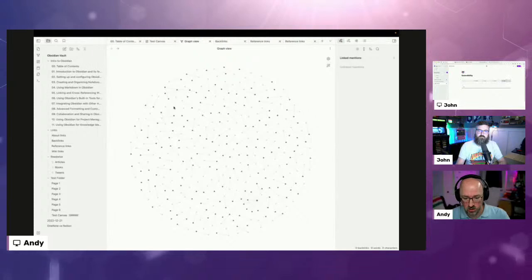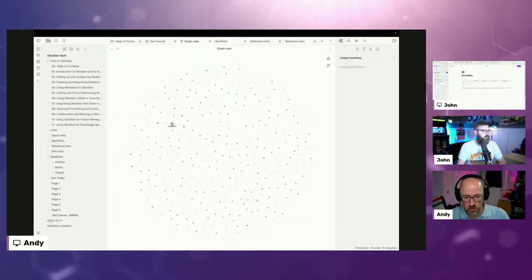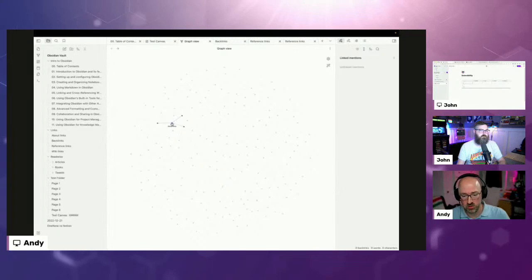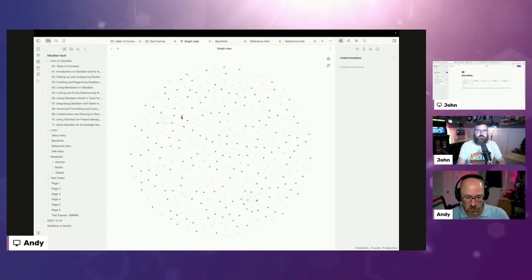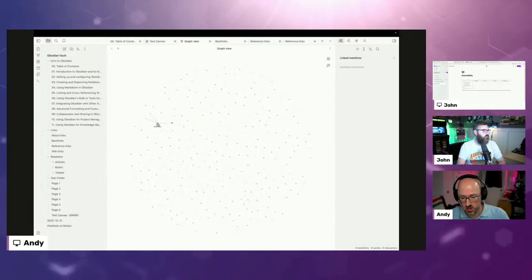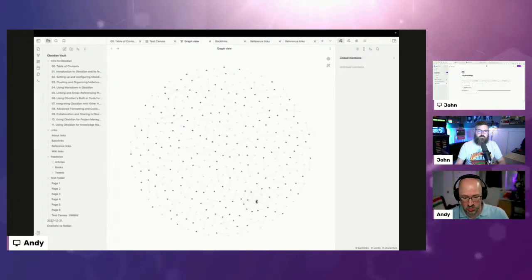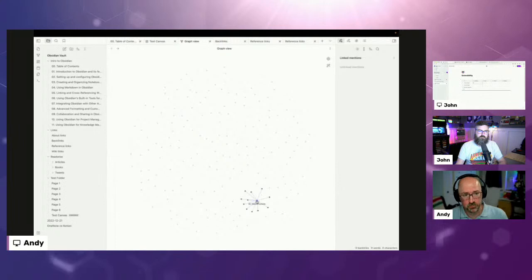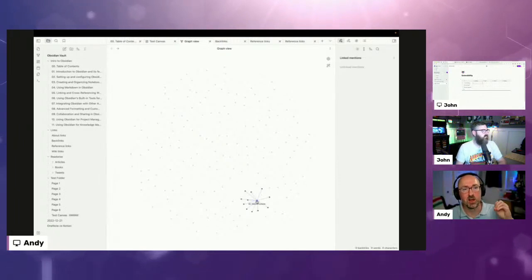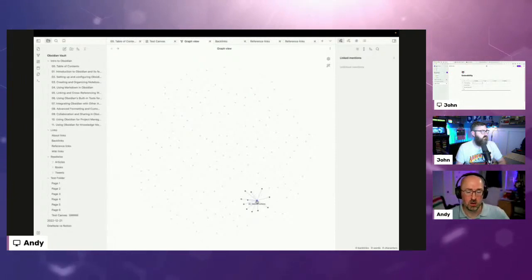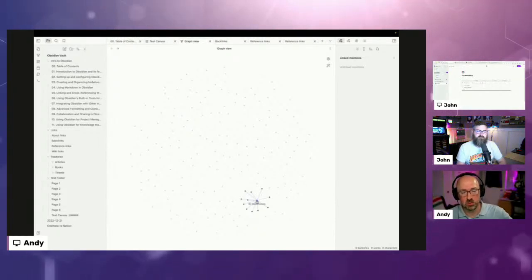So I can hover over here and see, okay, this link right here is referencing 3 separate things. So this is the about links page. It's referencing the reference links, the backlinks, and the wiki links all in that one particular area. So I can see concentration bubbles inside of my knowledge base. And I think that's critical for understanding how things connect, especially if you're building a knowledge base to see what concepts are interconnected for this one thing that I'm doing.